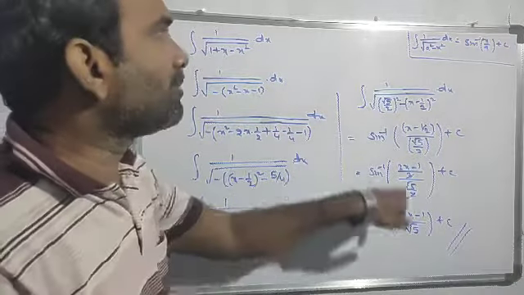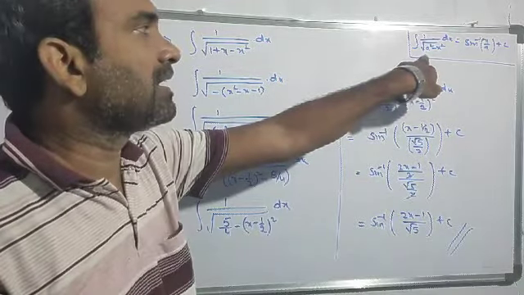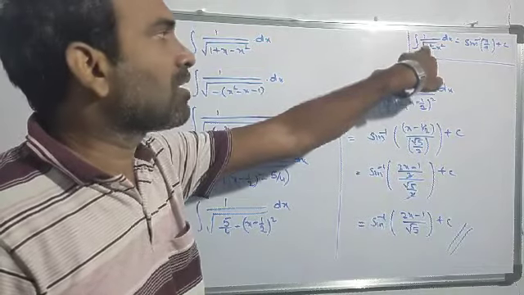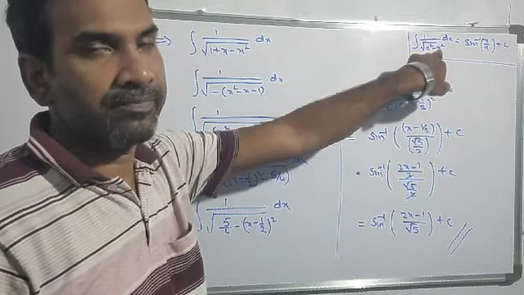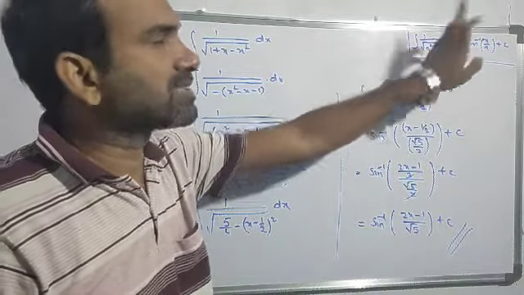In this problem, I am using the formula integration of 1 by square root of a square minus x square into dx. What is our formula? Sin inverse of x by a plus c. So these are the steps. This is the most important step. Compulsory, you should put the x square coefficient positive. If any minus is there, take minus as common. You just do the procedures in the brackets only.